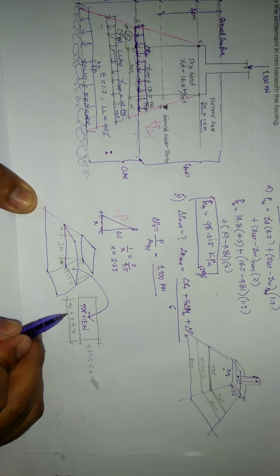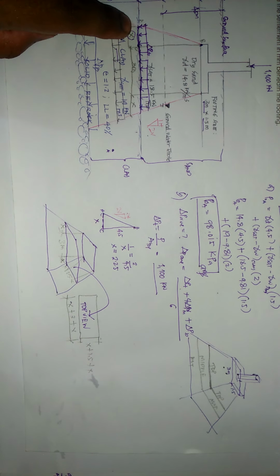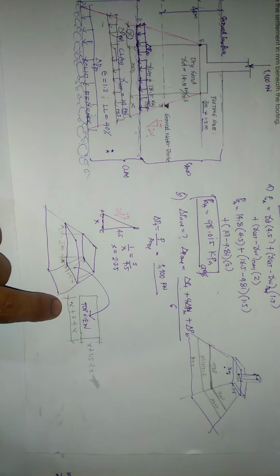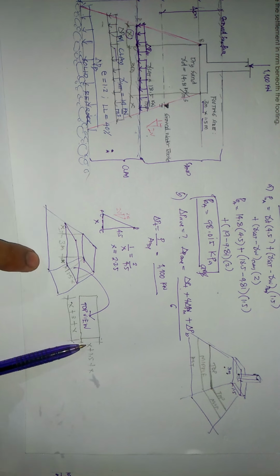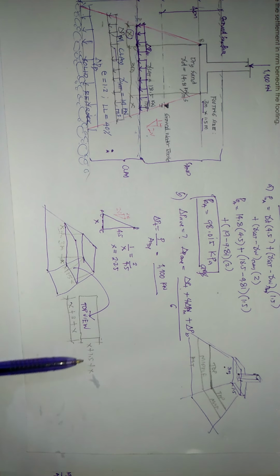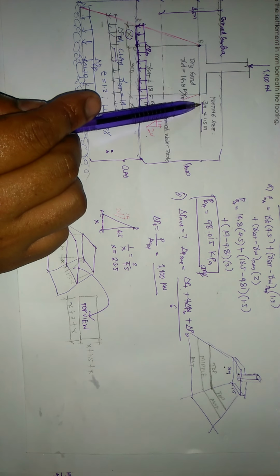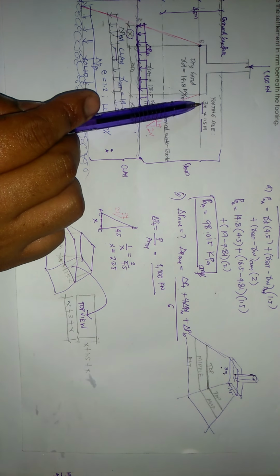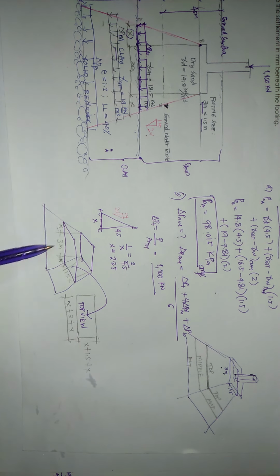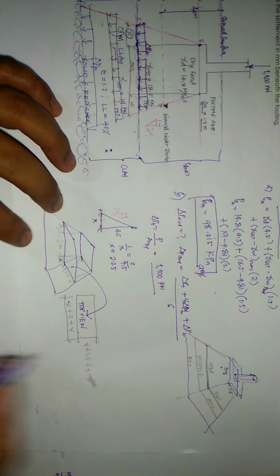Right, so x. Ito yung x plus 3 plus x. Okay? Then x plus 1.5 plus x. Ito yung distance mo perpendicular to your paper. Tama ba? Kasi ito yung footing size mo kasi 3 meters by 1.5. Kaya magkaiba. So, ang magiging area ko dito, guys, it would be